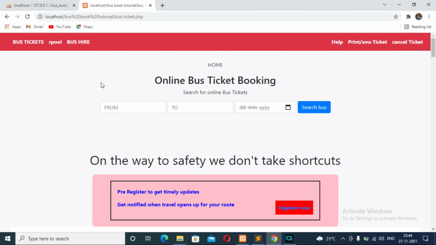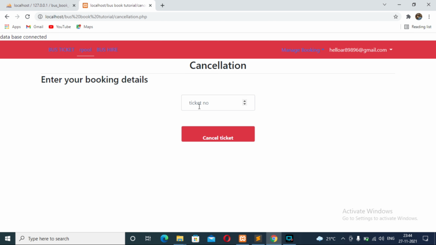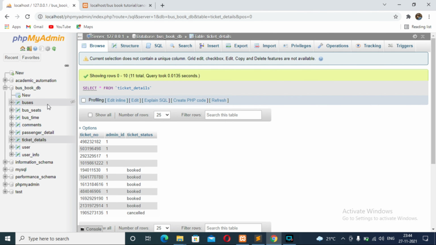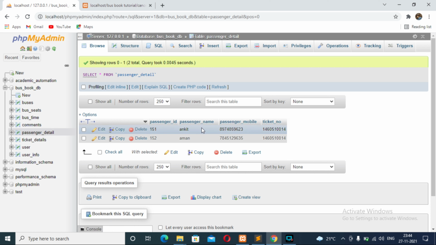Now I am going to cancel this ticket. Cancel ticket, provide this ticket number and click on cancel. But first let me show you in the database whether they are there or not. First go to the passenger detail table. You can see there are two names, Ankit and Aman, with the ticket number 146050 or whatever it is.